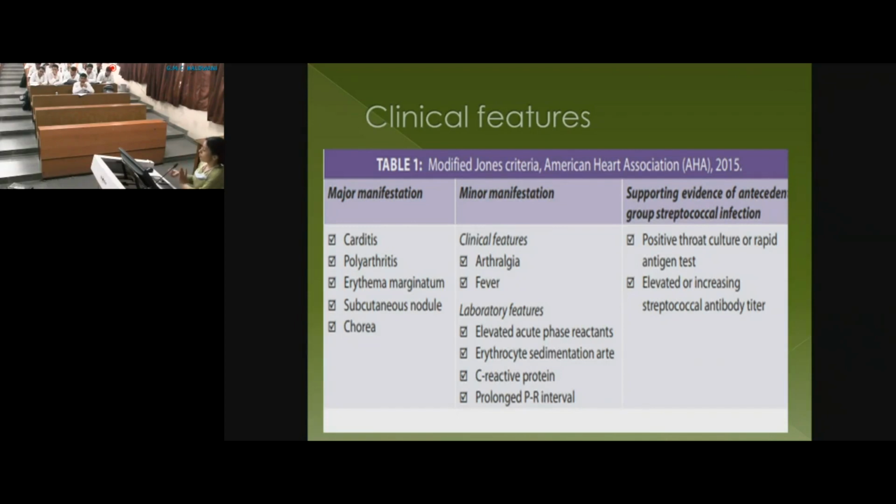Then polyarthritis. So we are coming to polyarthritis. Again, now we've got revised Jones criteria, which has divided everything into low prevalence countries and high prevalence countries. Right? So if you have a prevalence of rheumatic heart disease, which is more than 1 per 1,000 population, or incidence in the school-going children of more than 2 per 1 lakh, that is a high prevalence country, right? So India is a high prevalence country. If you have a low prevalence country, that means the incidence is less than 2 per 1 lakh population school-going, and the incidence of rheumatic heart disease is less than 1 per 1,000. That's a low prevalence country.